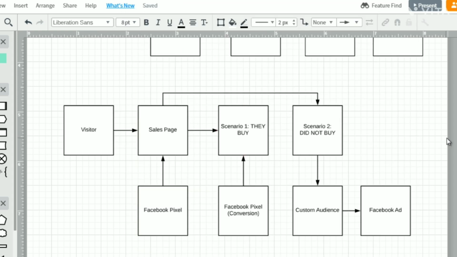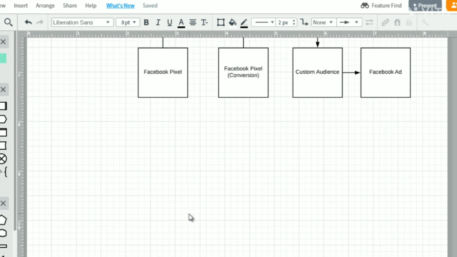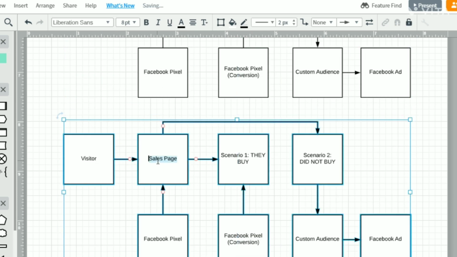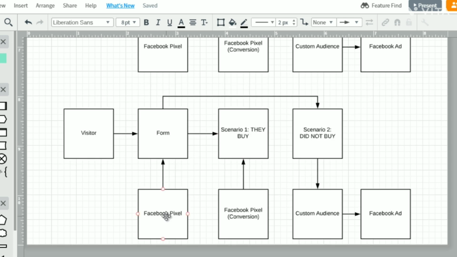So now we have a form. So let's see here. We got the sales page here, and let's do a form. So they come to the form, and our goal is to get them to fill out the form. So we got a Facebook pixel here as well. Of course, scenario 1, they fill out the form, and then we have a Facebook pixel, and we're able to track that they did fill out the form. And scenario 2, they did not fill out the